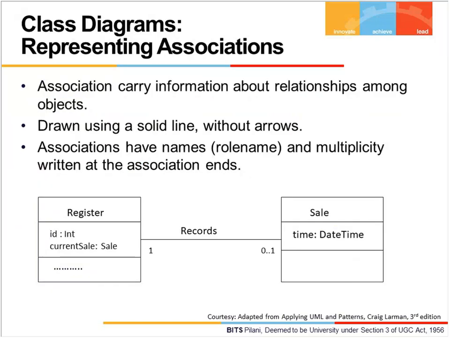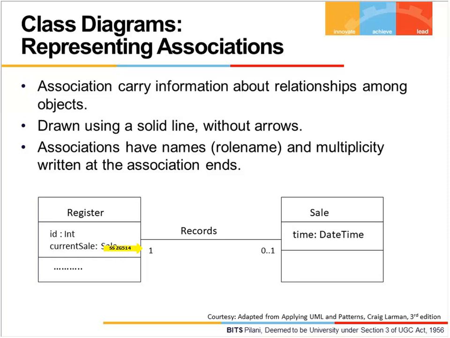Let's move ahead and see how the associations between various classes are represented in the class diagram. The associations are represented using solid lines which are without arrows. The association name, which is also called a role name, is written on top of the solid line, which is called the association line, plus the multiplicity of the association is written at both the ends of the association line,